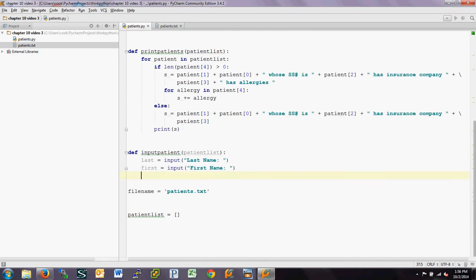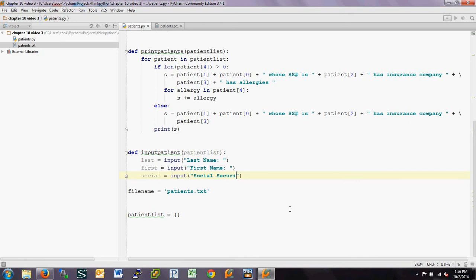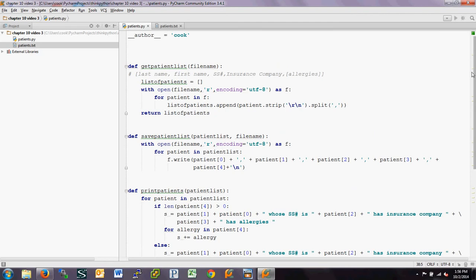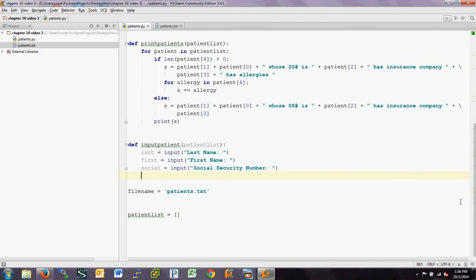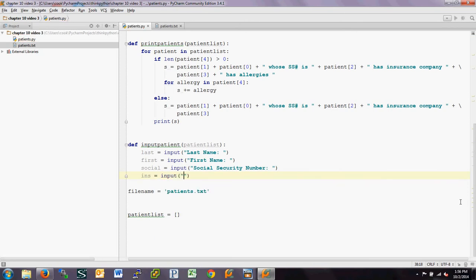So last, first, social security number, which you should never give out, but for this program you are. Insurance company. And then